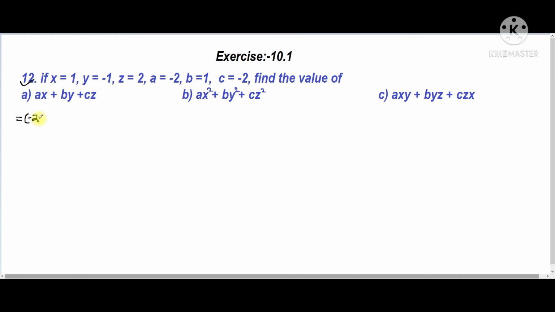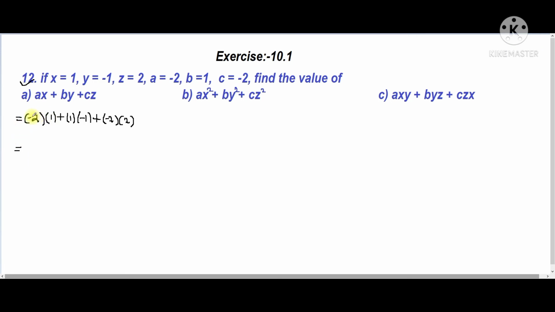So here we put the values, whatever value is given. The a value is minus 2, and x value is 1, and plus b value is 1. We need to write this inside the bracket, and y is minus 1. We'll write it inside the bracket too. If minus is there, then always try to write it inside the bracket. So c value is minus 2, and